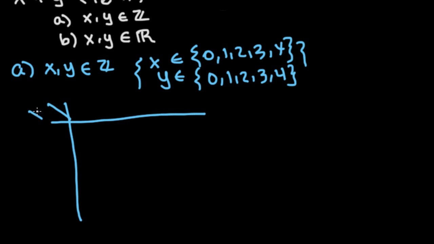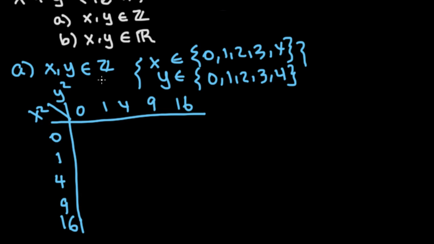So the vertical is going to be x squared and the horizontal y squared. So x squared can be 0, 1, 2 squared, which is 4, 3 squared, 9, or 16. And same with y squared: 0, 1, 4, 9, and 16. So what we're going to put in the chart is the addition of these two, which is x squared plus y squared. So if you fill out the chart, we get 0, 1, 4, 9, 16,